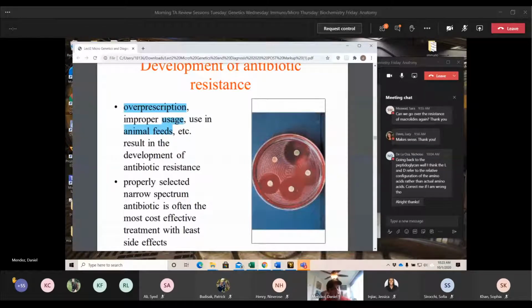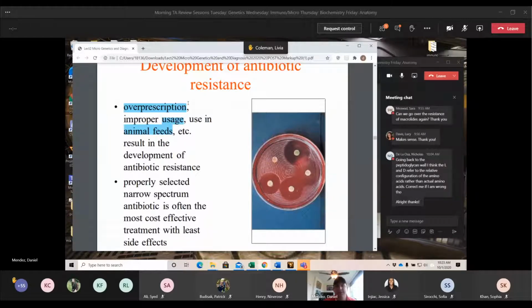Improper usage is what they refer to when the doctor tells you that you have this antibiotic cycle. It's supposed to be 7 days. You take it for 5 because you start feeling better. Well, now by taking it for 5, you've exposed some of those bacteria to the antibiotic, but they haven't died because you haven't gone through the full regimen. So you've killed a majority of them, which is why you feel better, but there are still some stragglers left behind. Those stragglers now have time to go through evolution and create a resistance to that antibiotic.